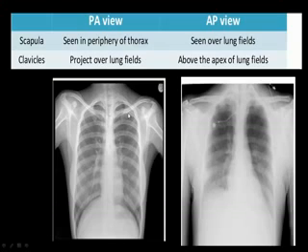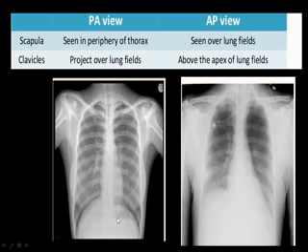But other differences are like, this is not the same patient, these are different patients. But if you see the cardiac shadow looks relatively bigger, that is not because there is cardiomegaly. It is because the heart comes closer to the source of the X-ray. It looks falsely magnified in an AP view. So that's why most of the time we don't measure cardiac size on an AP view. PA view is better. How to measure, we'll be seeing further on.